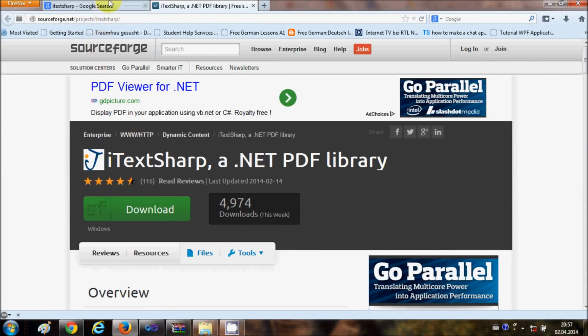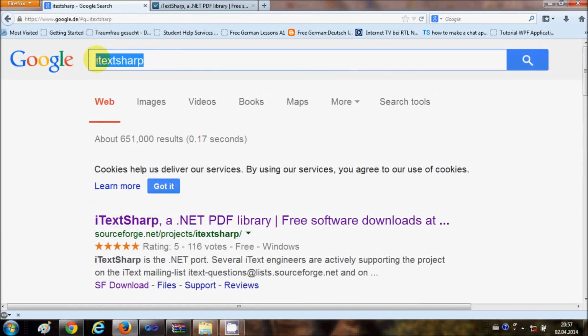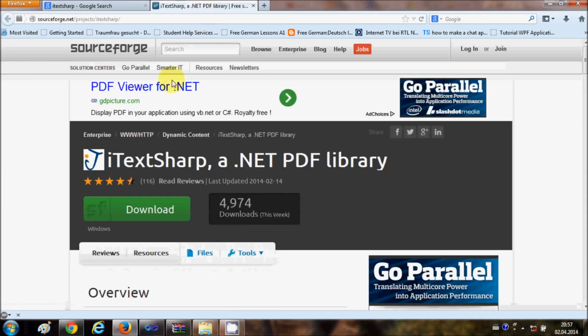So just open your browser and in your search just write iTextSharp and search for this. And the first link you will see here is the link from sourceforge.net/project/iTextSharp. So this is the link you want to open in order to download the DLL files for iTextSharp. When you click this link it will open the site like this, and we just need to click this download button in order to download these DLL files, and it will take hardly 1 minute or 30 seconds